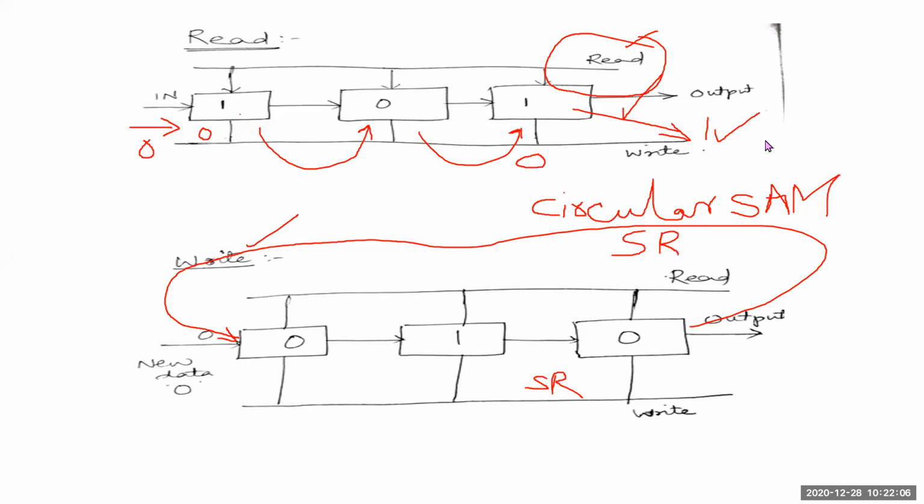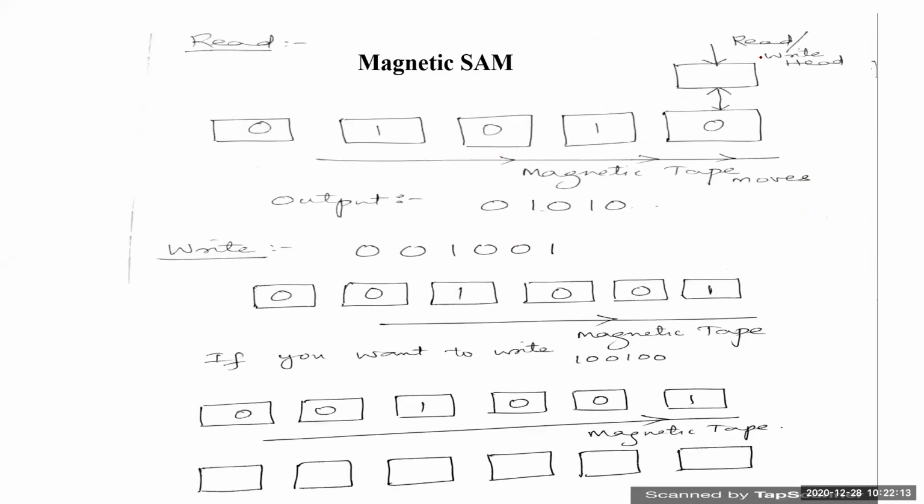Now let us see in the next case the magnetic kind of operation with respect to the SAM. So see now, this is the magnetic SAM. In the magnetic SAM, what happens? Assume that in this magnetic SAM now we are having a read operation. If I want to do the read operation in the magnetic SAM, these are my cells which are connected. Five bits are there: 0, 1, 0, 1, 0, and this is called a read write head, where you can read the data or else you can write the data into this